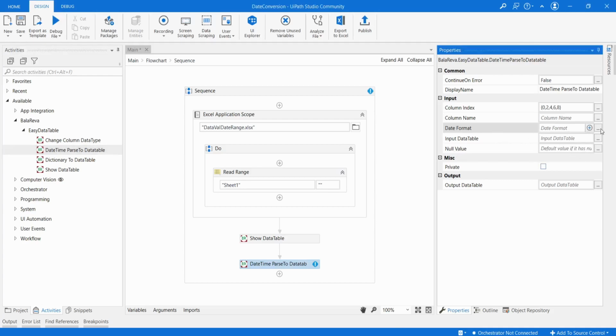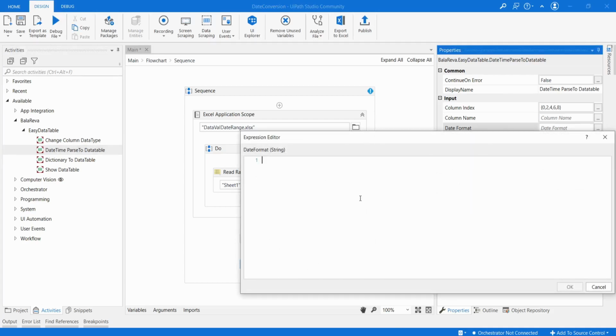So I'm going to give double quotes, month, a 2-digit, and slash date slash year 1 2 3 4, space, hour, minutes and seconds.